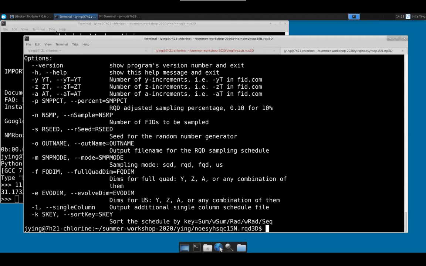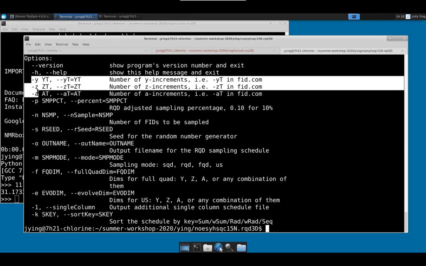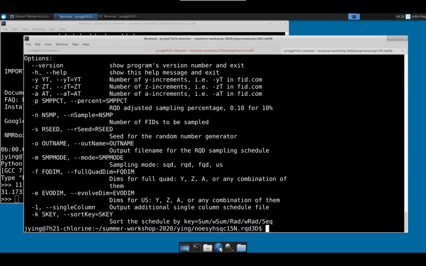You gather the help file for what you need to do. You just need to tell the number of data points in your indirect dimension, and the percentage of sampling, 0.1 for 10%. Alternatively, you can just tell the number of samples. And if you specify both, I think the script takes the larger one, whichever has more sampling, I think, I